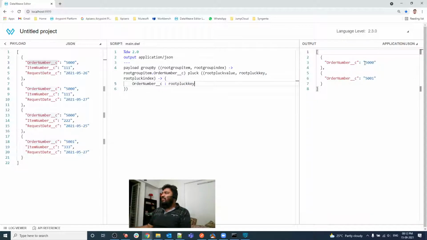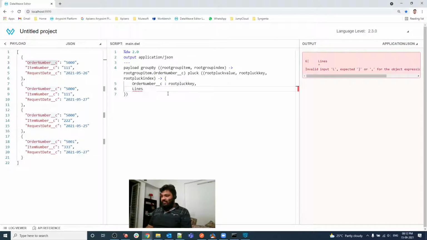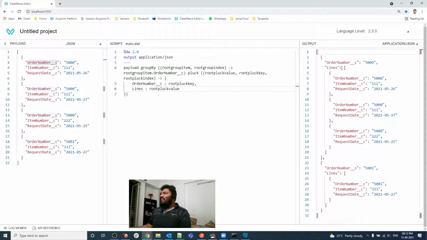Okay, so I have two keys, one key and another key. I need a lines there, because if you see the output, you need a line. So let me copy lines here. So lines will be part of value. As you can see, inside the lines we have basically three objects inside the array, but there is